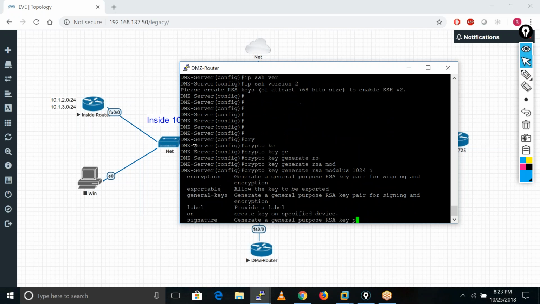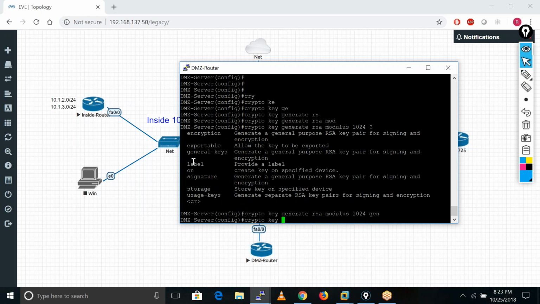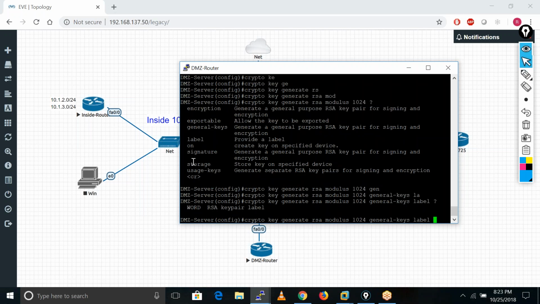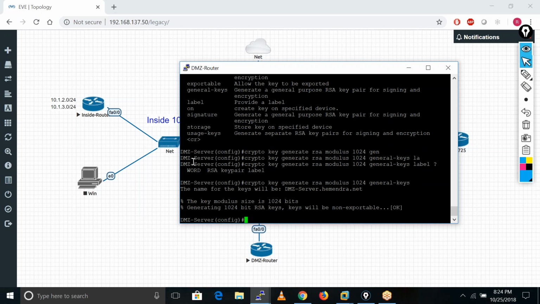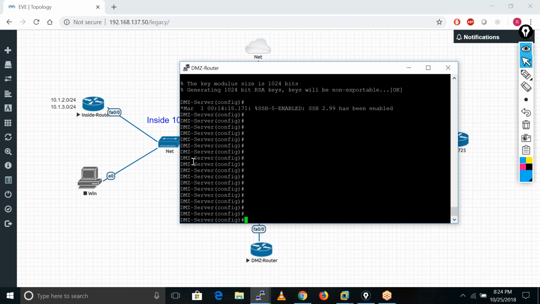After that, I'll press the question mark here. I also need to define something here, the level, so I'll just leave it as default. It will work with this also. Now it is exporting the keys and has generated these keys. So that is the way to configure SSH.